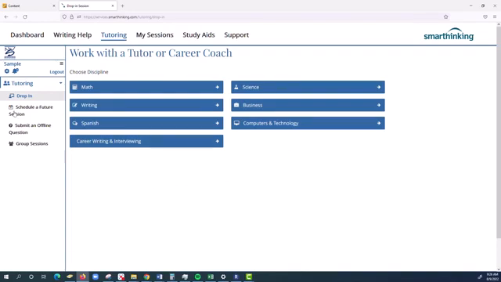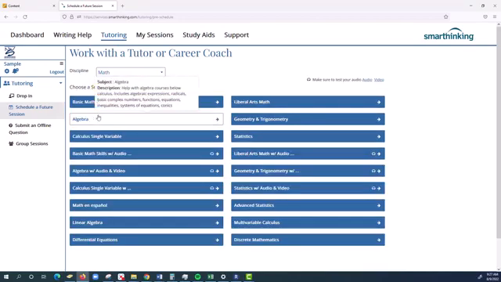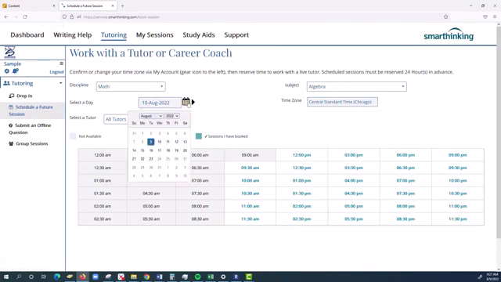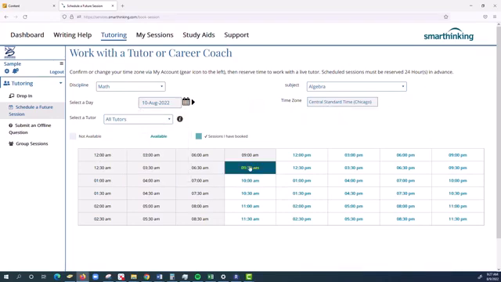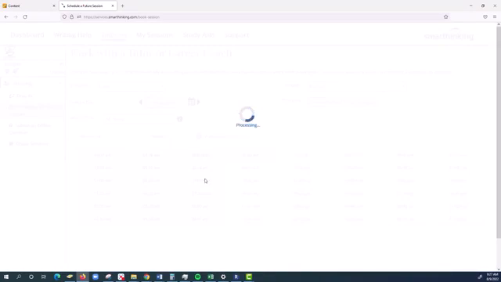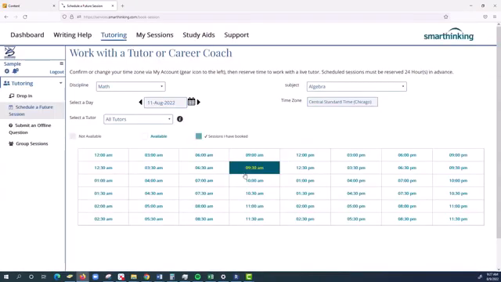And then you also have the option to schedule a future session. So again, we'll just come in here and pick one of these. So I've got my subject picked out. I need to select a day and a time zone, and then all of the available time slots, depending on which day that you select, will show up here. So if I change the day, then you see here I have a lot more time slots available. And you see you've got all hours of the day available